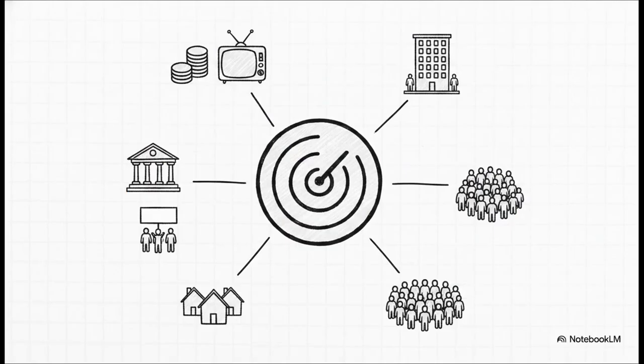So what does a public look like? There are 7 specific types a business needs to monitor. Financial groups like banks and investment houses. Media entities like newspapers, blogs, and TV stations. Government agencies. Citizen action groups like consumer rights or environmental organizations. Local publics, meaning neighborhood residents and community organizations. The general public, specifically focusing on their overarching image of the company. And finally, internal publics, the workers and managers whose positive attitudes actually spill over to the outside world.